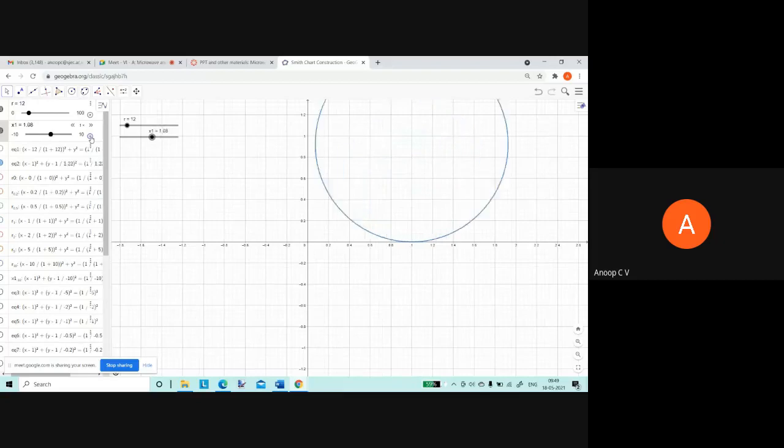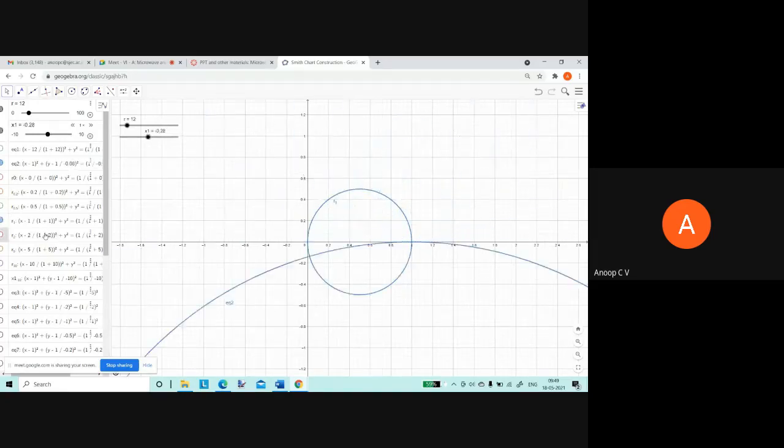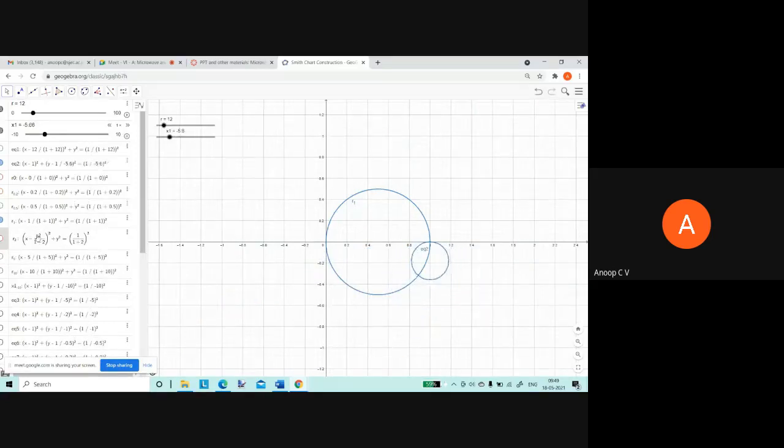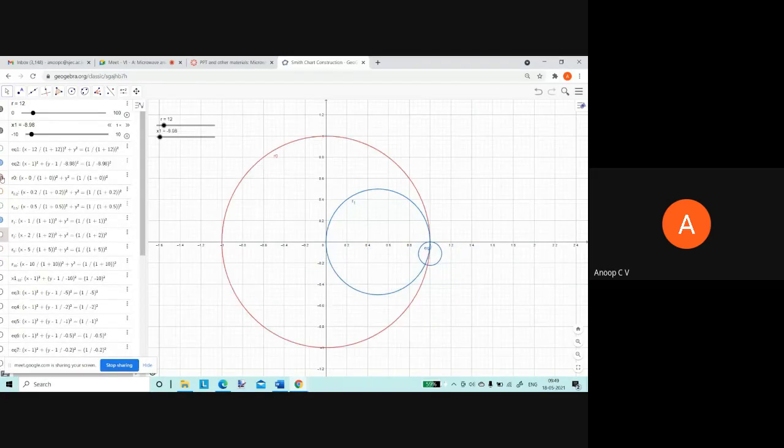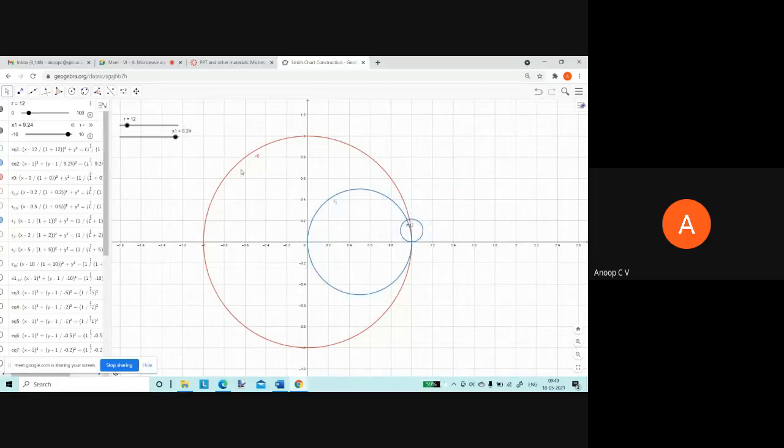All of you are able to appreciate what is happening? Can you observe what is happening when x is negative, that circle lies in the bottom half plane, and when x is positive, the circle is on the top plane, right? Sorry, r equal to 0, right? And you don't have to consider that part of the circle which is outside the unit circle, right? So this unit circle which I have shown, that is r equal to 0, it is the unit circle, right? You have to consider the changing x only inside the unit circle.